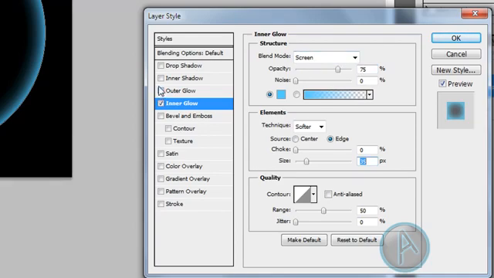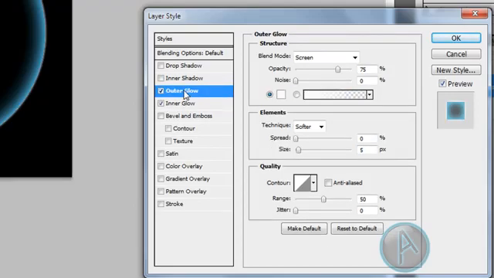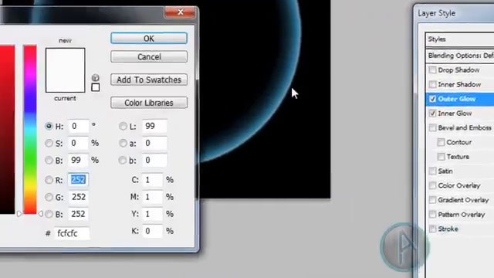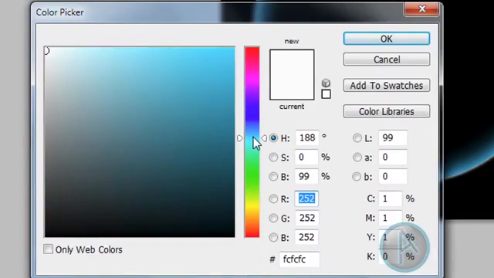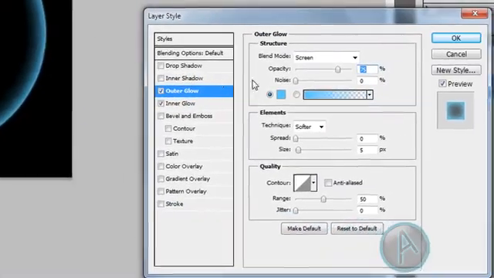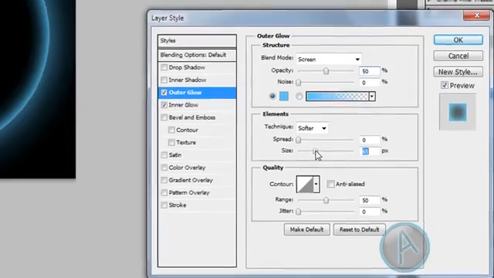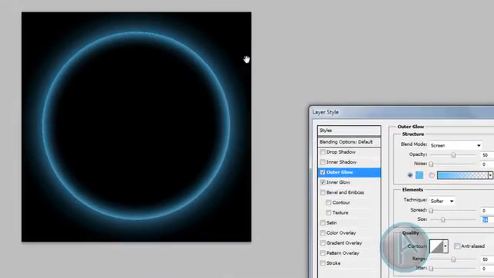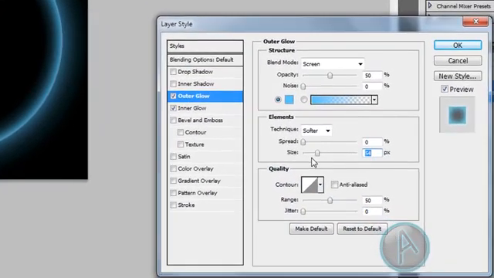Then we're going to check our outer glow and click on that. We're going to make this the same color, and we're going to lower the opacity, make that about 50, and change the size. Don't make the size too big so that it goes out of the square that we've got here, out of our image, because if you're going to use it in like a watermark or something, then that'll look really weird. So once you've done that, click OK,